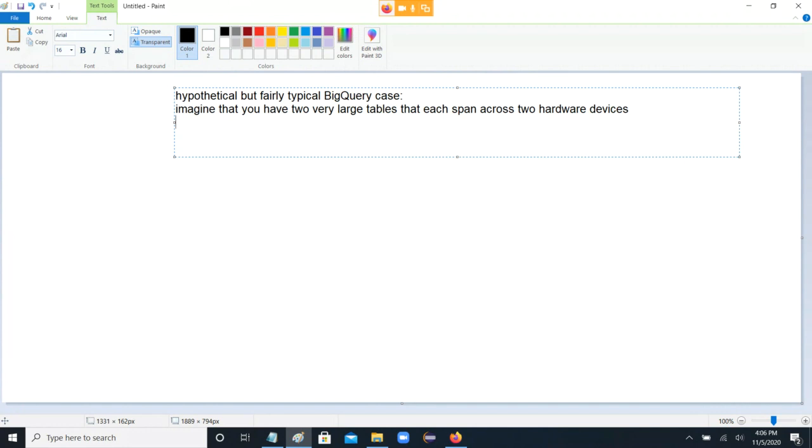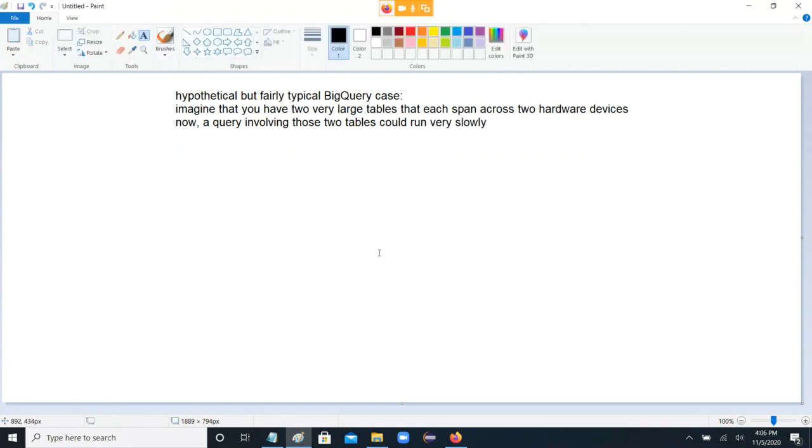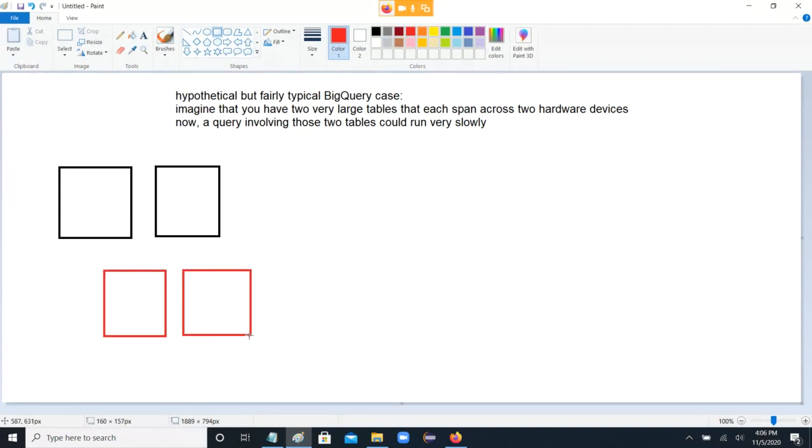Now, a query involving those two tables could run very slowly. Why? Well, let's take a look. I have two machines where this table is, and I have two machines where the second table is. If I want to cross-check